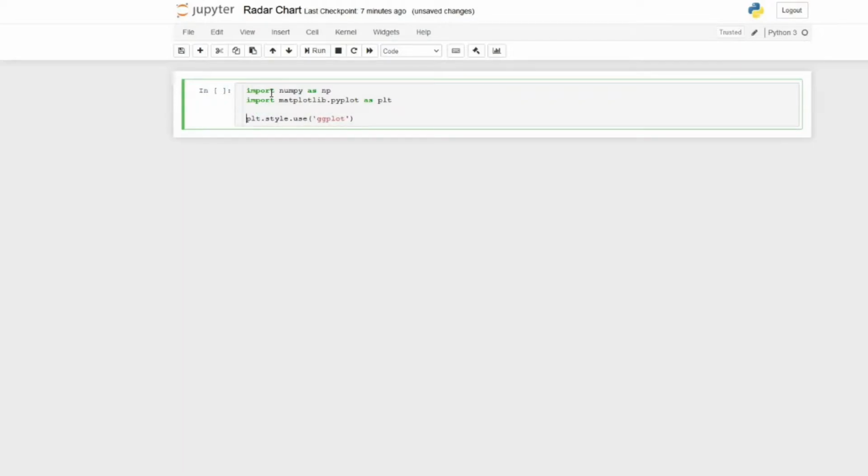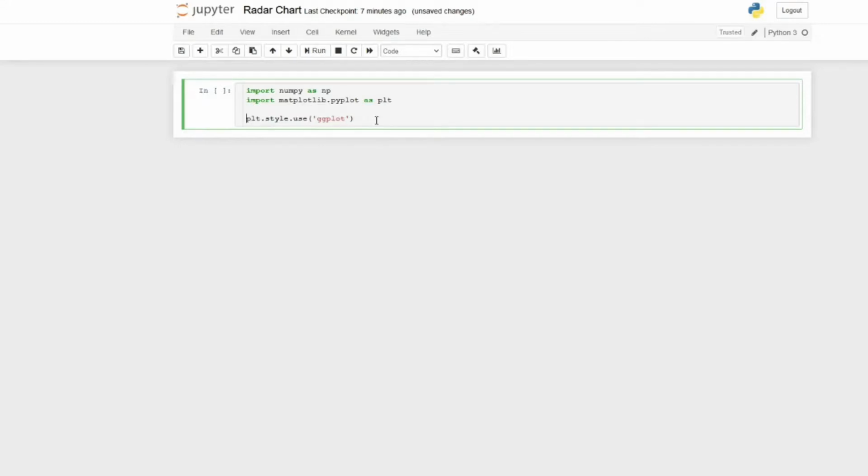First step is importing the libraries. I am importing NumPy as np, and then matplotlib.pyplot as plt, and then I am using plt.style.use and setting it as ggplot. That is one style which I like a lot.